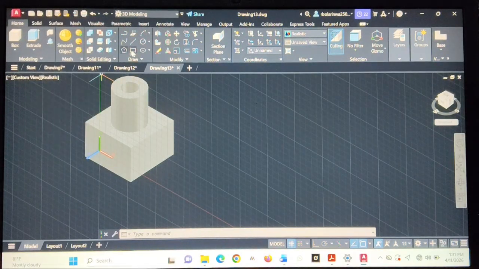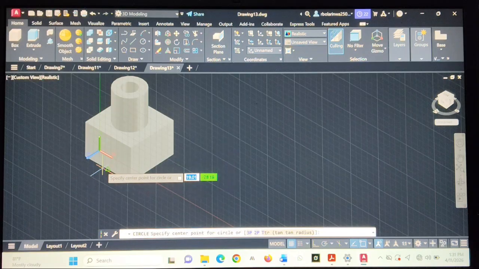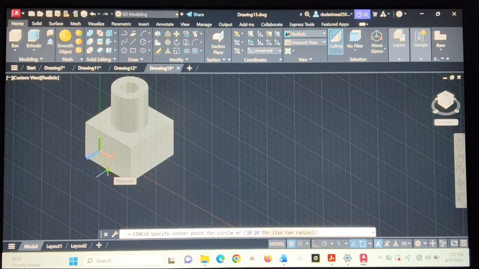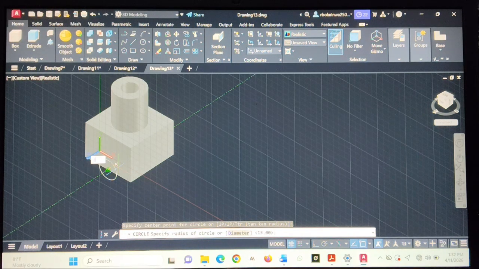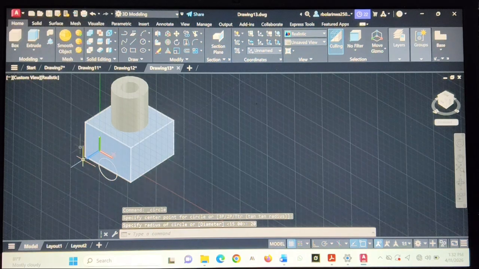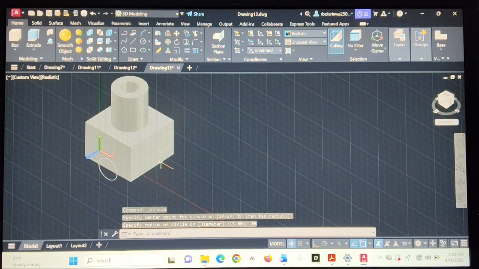So now we can come here with our circle tool, specify center. So I'm going to come to the midpoint. And I'm going to use 15. Let me use 20. Yes, so I can change